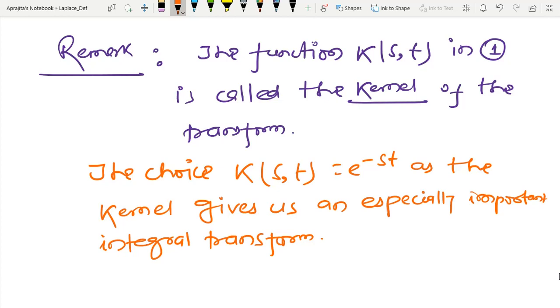Laplace had seen this kind of transformation, and what he found is that if I define K(s,t) in this way, because this is an exponentially decaying function, if you multiply this function with a large class of functions, then it is possible to show that the integral is going to converge. But this is not always true, only for a large class of systems it is possible to show. Due to that reason, perhaps he selected this kind of exponential function.